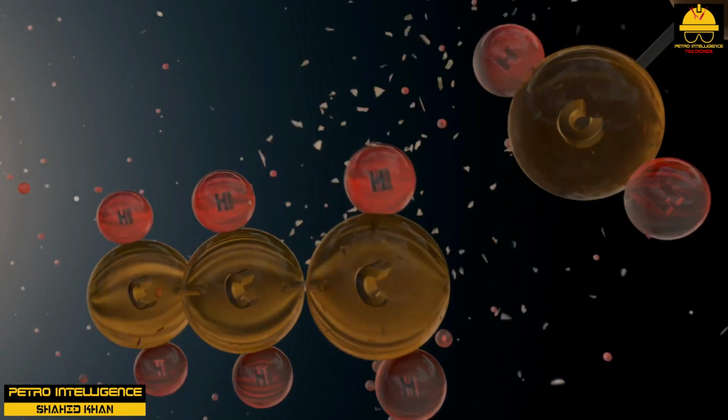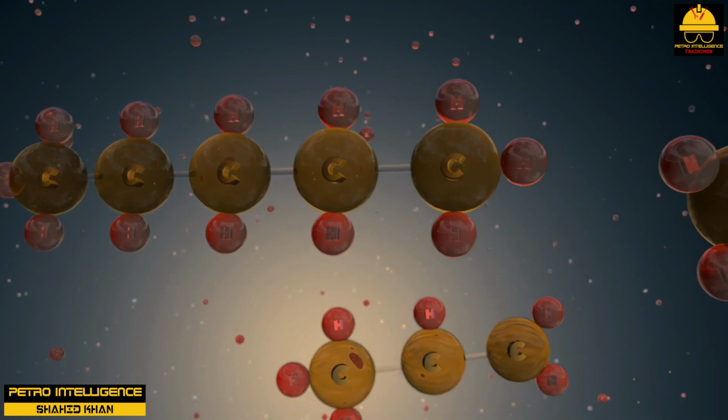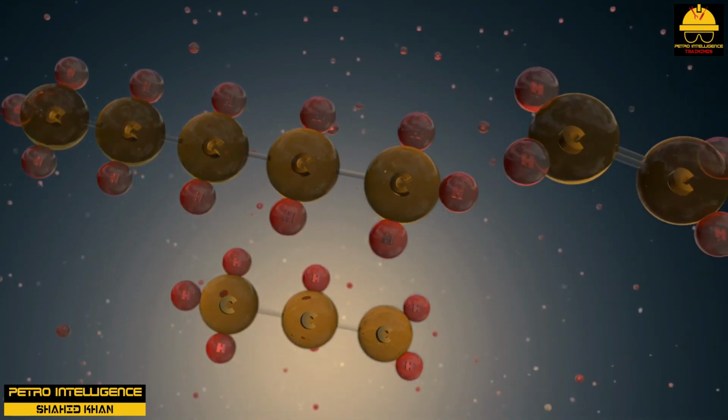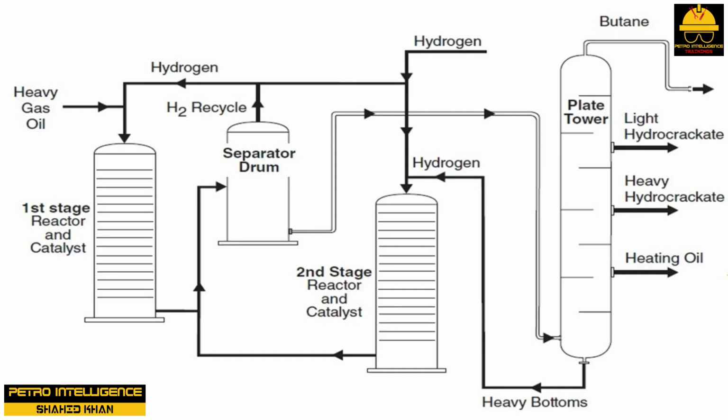The hydrocracking process takes heavy gas oil feed and mixes it with hydrogen before sending it to the first stage reactor. The reactor is filled with a fixed bed of catalyst. As process flow moves from the top of the reactor to the bottom, the cracking reaction takes place. First stage hydrocrackate is sent to a separator drum, where the hydrogen is reclaimed and the hydrocrackate is moved on